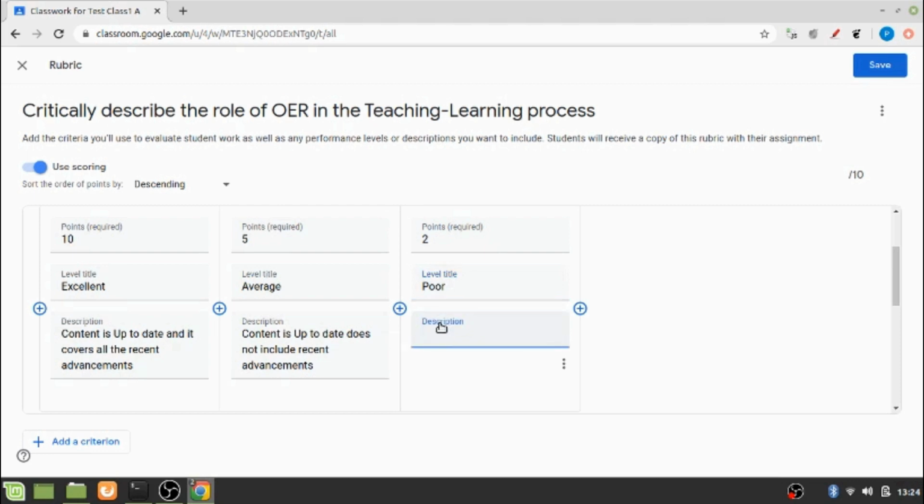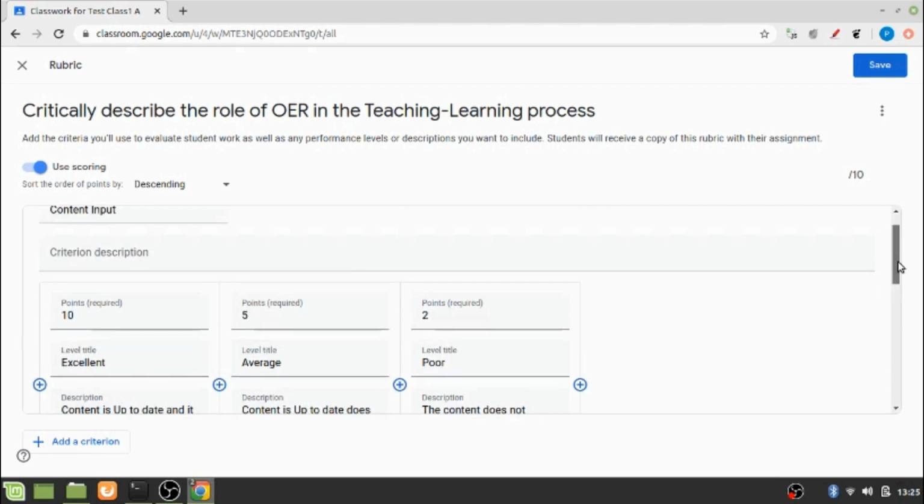The description is the content does not reflect the role of teaching learning process. So my third level has also been added against this criterion.